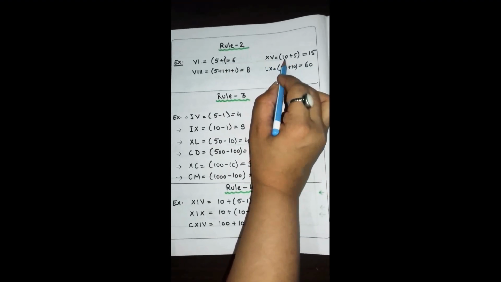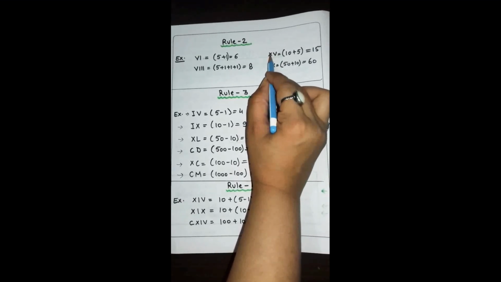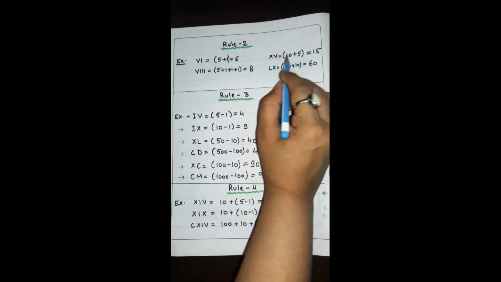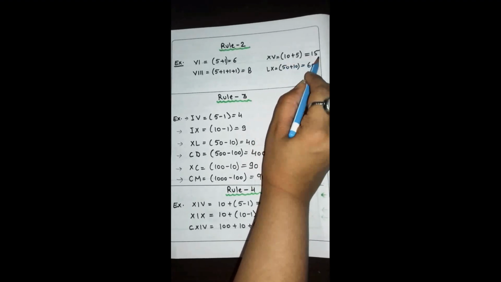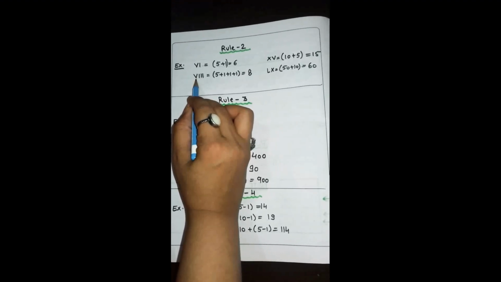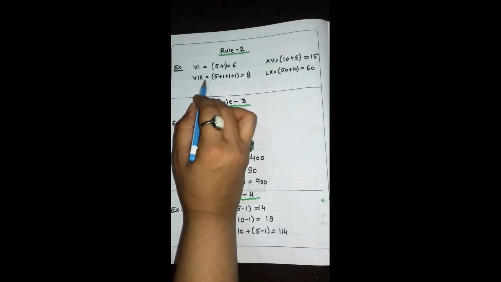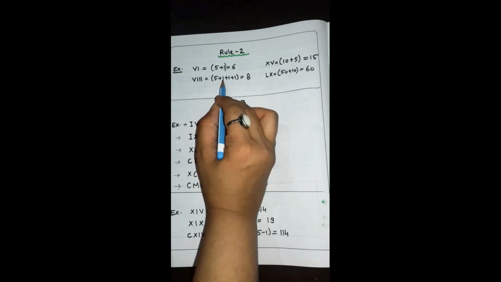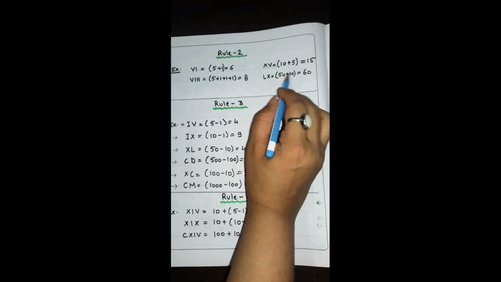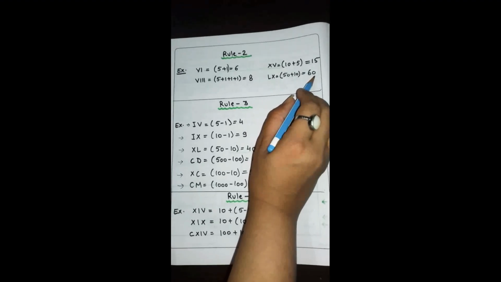Next, X stands for 10 and V stands for 5. Again, V is smaller and it is written to the right side of the larger numeral, so again it is added. 10 plus 5 is equal to 15. Next, VIII. V represents 5 and I represents 1. I is written 3 times, which is 5 plus 1 plus 1 plus 1, equal to 8. L stands for 50 and X stands for 10, so 50 plus 10 is equal to 60.